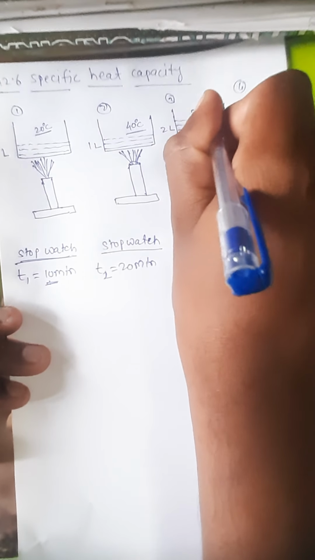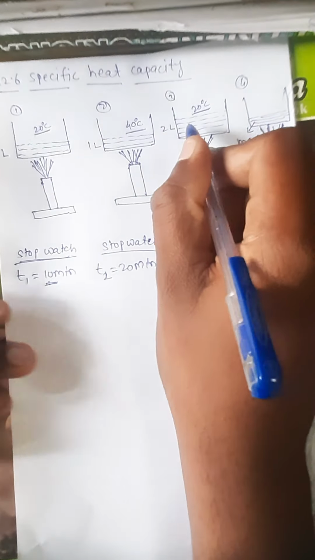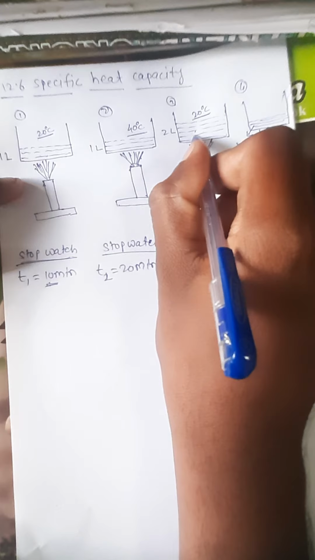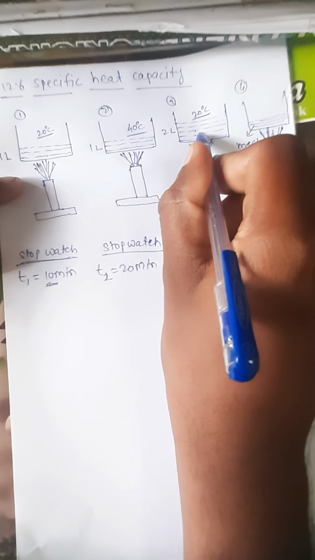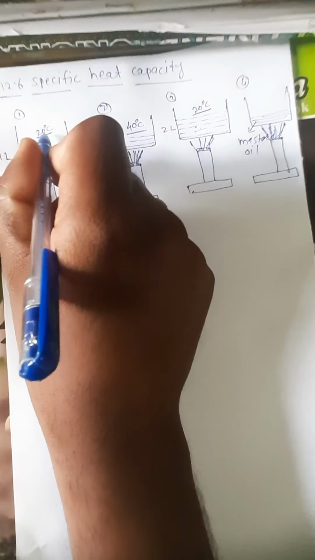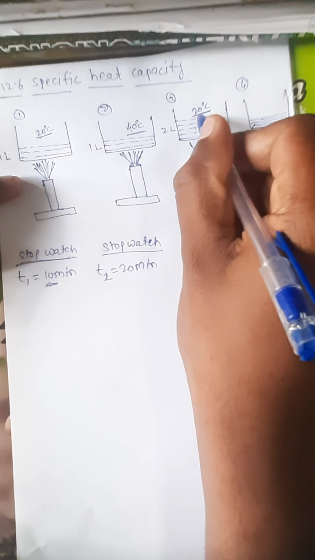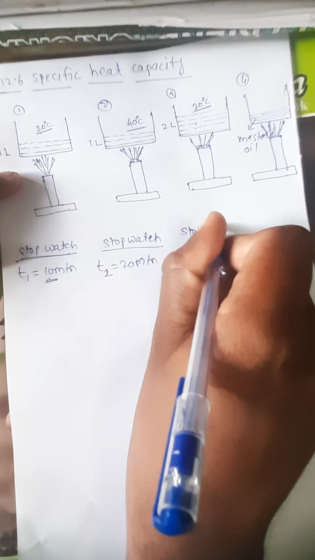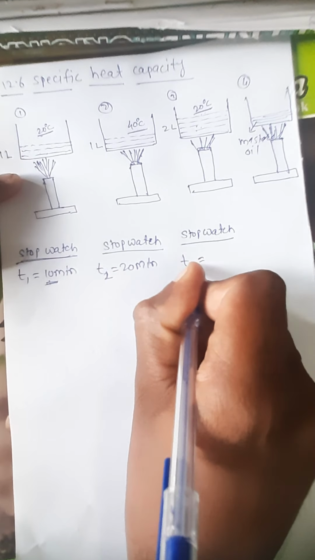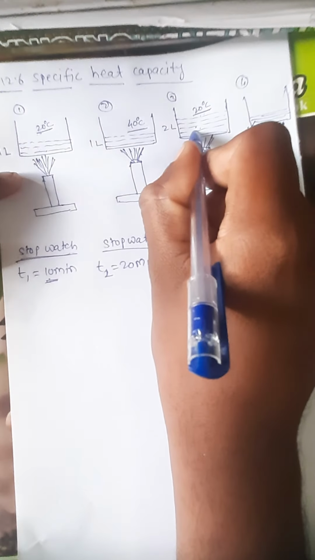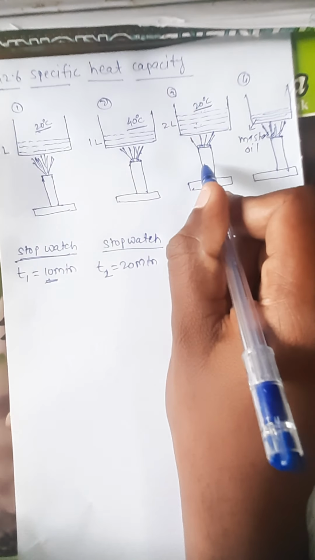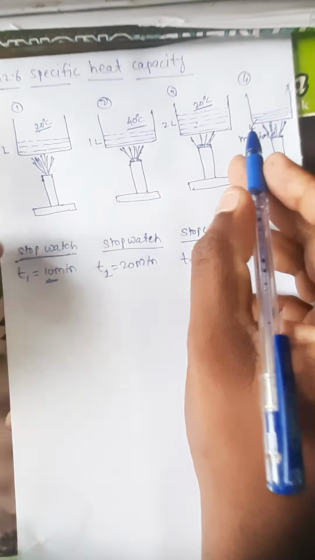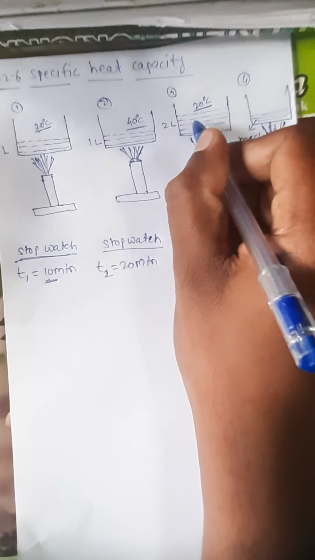we are taking 2 liters of water and we want to increase its temperature by 20 degrees Celsius. In that case the amount of water will be double. In the first vessel and the third vessel, the amount of water changes, it is double, but the change in temperature is the same. We count the time using the stopwatch, with the same heat source and same stopwatch.